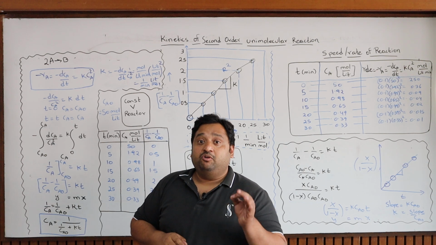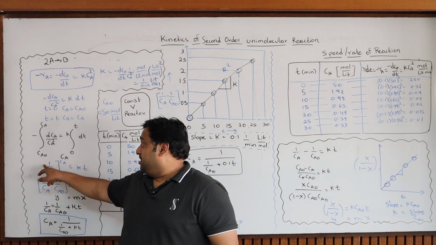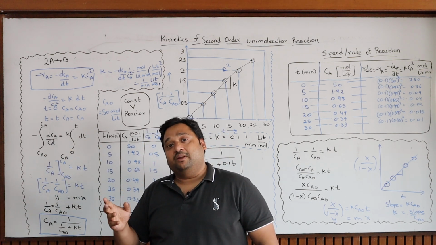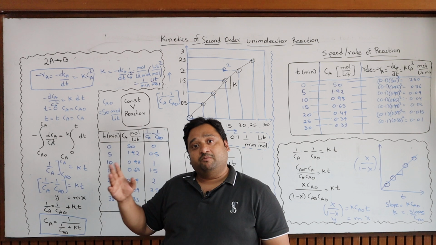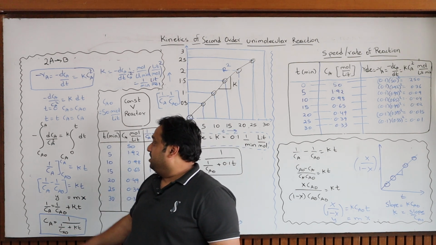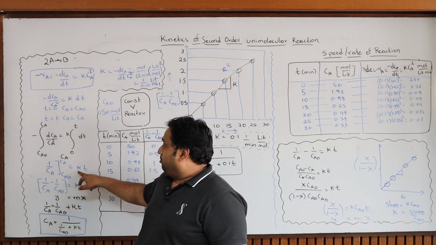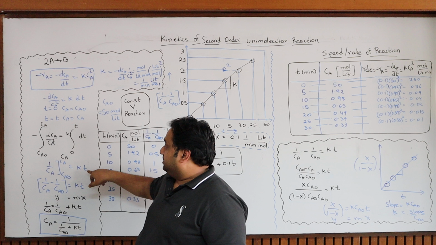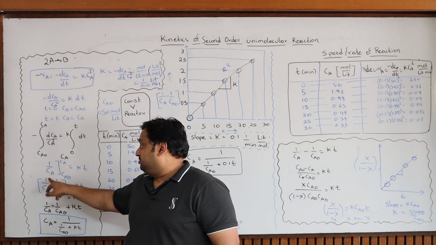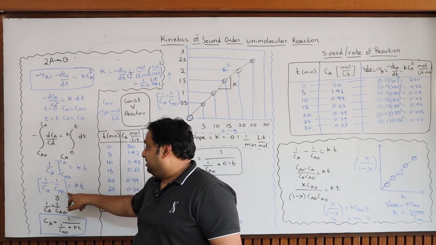the integral of 1 by x squared dx is equal to minus 1 by x. So the integration gives 1 by CA, for the limit CA0 to CA, is equal to k into 0 to t, dt is nothing but t. Then let us apply the limits. First limit is 1 by CA, second limit is CA0,